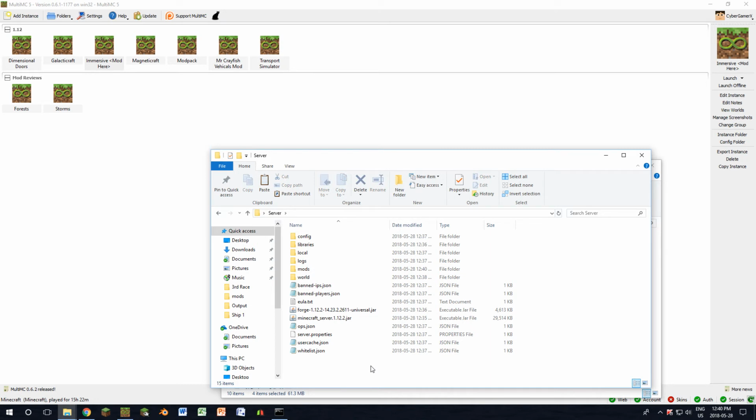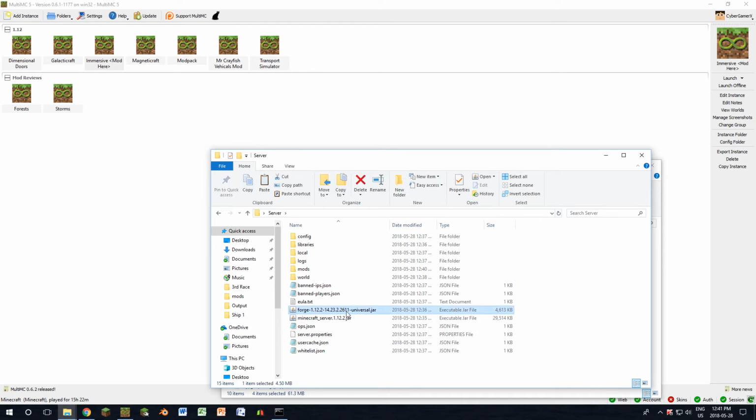The last thing we're going to talk about in this video is how to add more RAM to your server, because if we start the server right now by double-clicking on the forge bunch of numbers universal.jar, we will get 512 megabytes, or 1/2 of a gigabyte of RAM, allocated to the server. And that's useless. So, the fix to this, first thing we're going to do is we're going to rename this